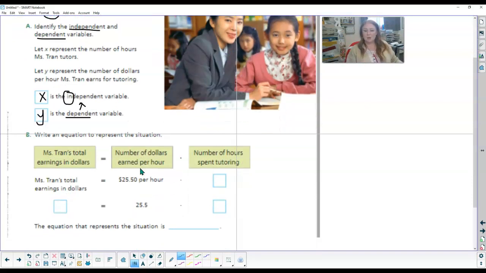So now we're going to write an equation. Her total amount of money is Y. Usually the dependent is the answer part of your equation. It depends on this to get to your answer. And she makes $25.50 every hour. How many hours is she working? Well, we don't know yet. So our equation is Y equals